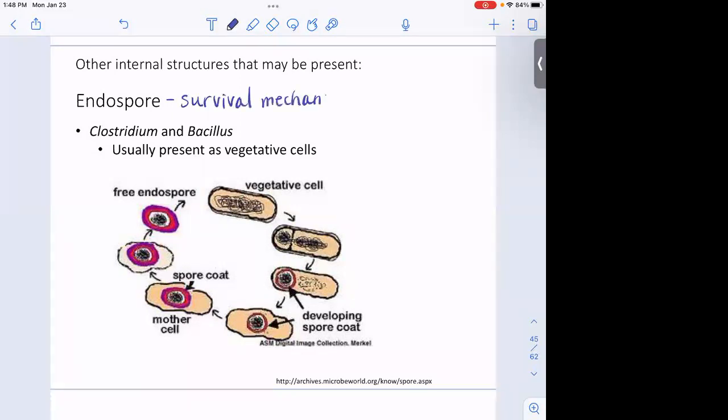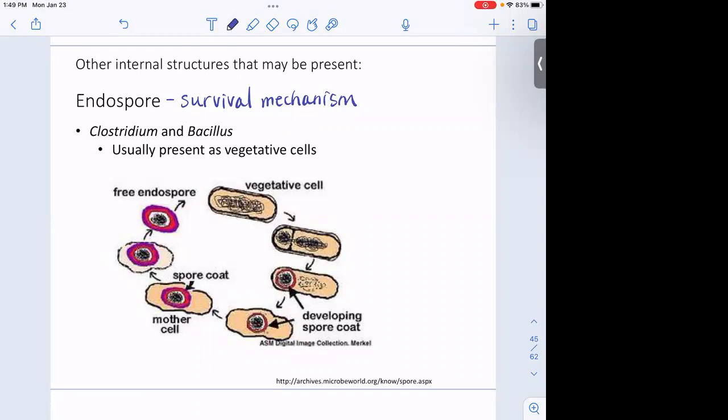We don't want to mix endospores and bacteria up with sporulation and fungi. In fungi sporulation, you get hundreds of fungi from one cell or one organism, and so that's reproductive. But in bacteria, we end up with one spore from one cell. So this is not reproductive. It's just a way for it to survive in case the conditions get really bad.